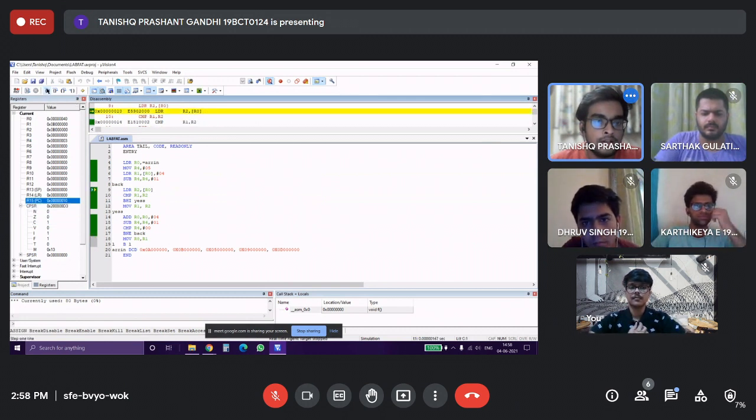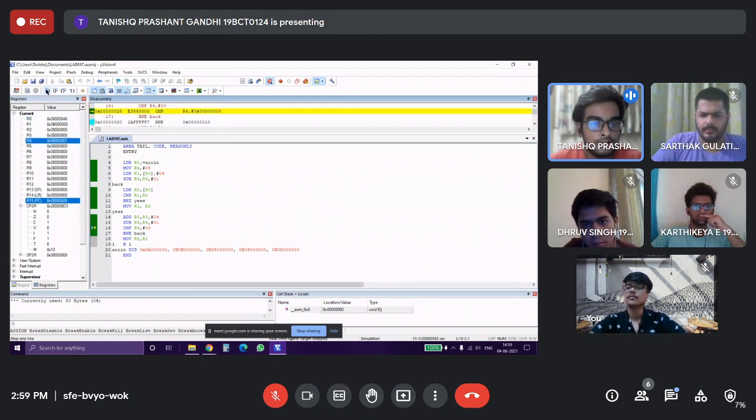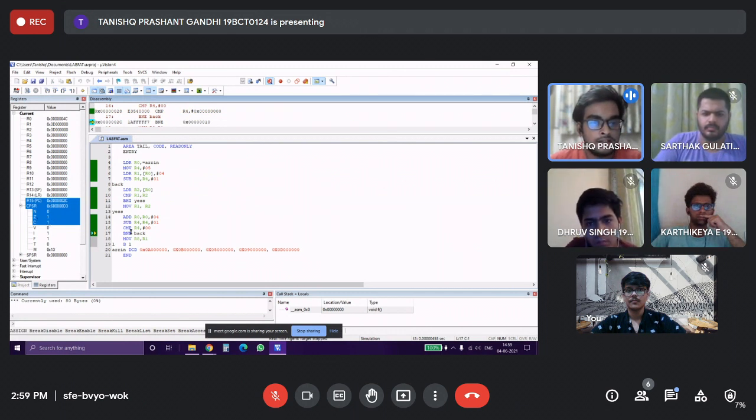Here again the same procedure will loop through, and basically we are storing the maximum value in R1. Now you can see that when we compare B and 5, B is the largest, so R1 still contains the B value. Similarly, we will loop through all the 5 elements till our R4 becomes 0. Now you can observe that our R4 will be 0 here, and the carry flag is set and the Z flag is set, which indicates that R4 is 0. And then we will move next.